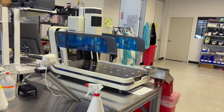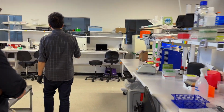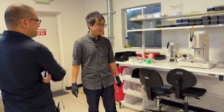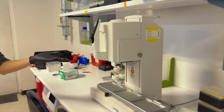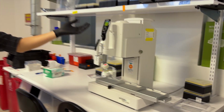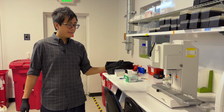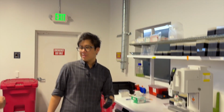But machines that I really like are actually something that's a little simpler than that. You've got these machines that kind of live at the intersection of kind of automated and kind of not. Exactly. This is a 96, actually this one's a 384 head. They're swappable, so I have to actually check. And this actually can be programmable, and we have programmed it to be able to move around and dispense for us. But again, in an innovative setting where scientists are doing new things every day, you can't hard code all